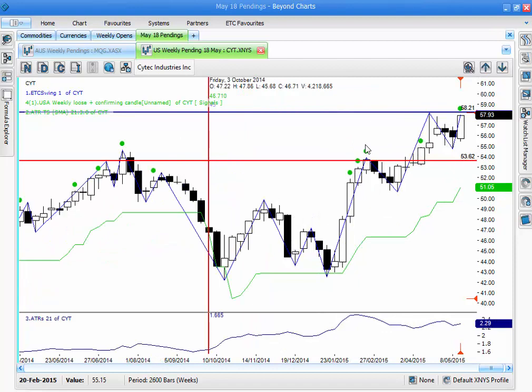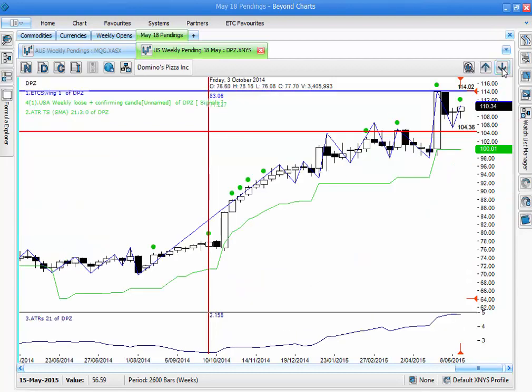working out the numbers. So in terms of the last medium term peak, our entry level is at 58.21. Our protective stop at 53.62. So it's on stop 58.21 with the limit to 58.79. Again, this will be in the watch list. Stop guide 53.62. That's CYT. Next one on the list,